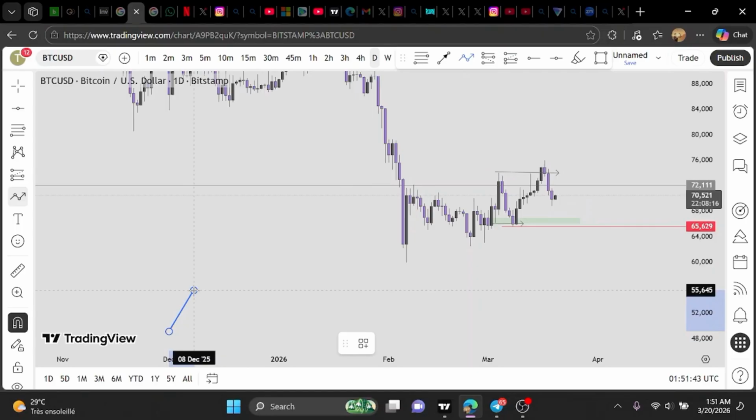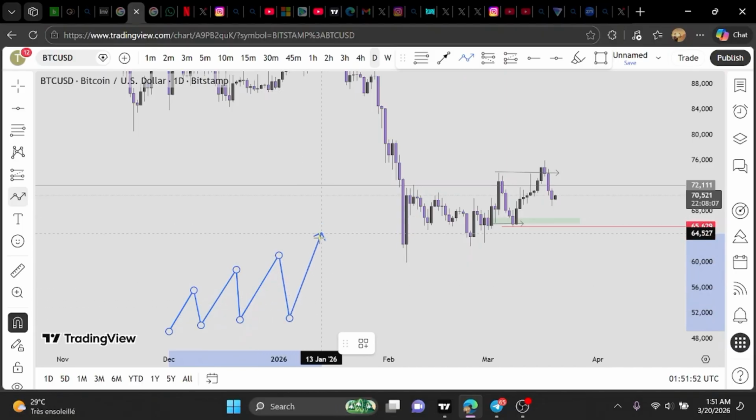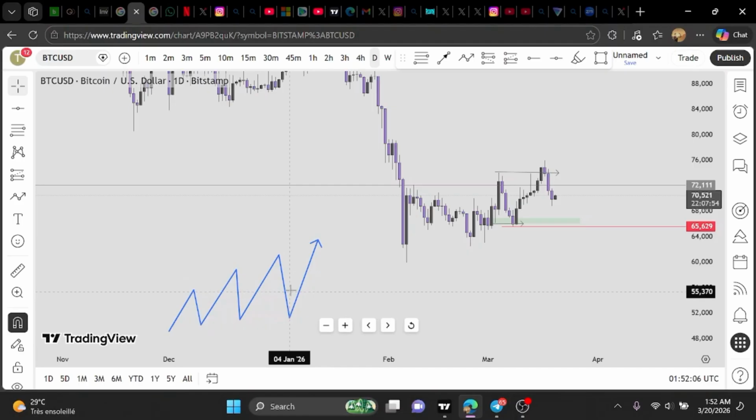In an uptrend, we want to see the market doing higher highs and higher lows, just like this: higher low, higher high. And that's what the market is currently doing. We always want to protect the last swing low and target the high, right? Just like that, protect the last swing low and target the high. That's just what happened here. You can see that the market created this high and pulled back. It didn't take out this low, and it took out this high,